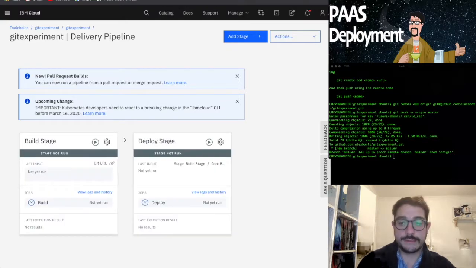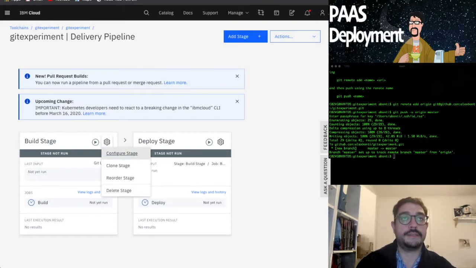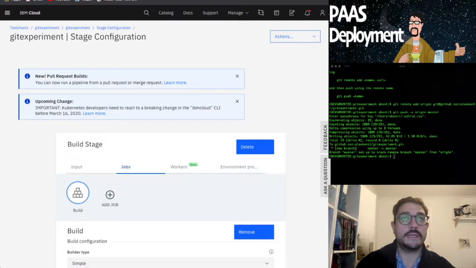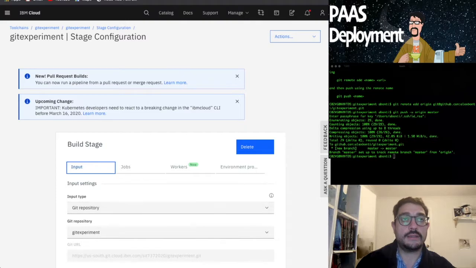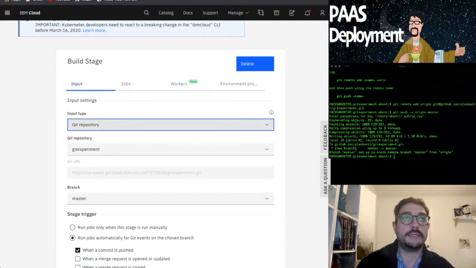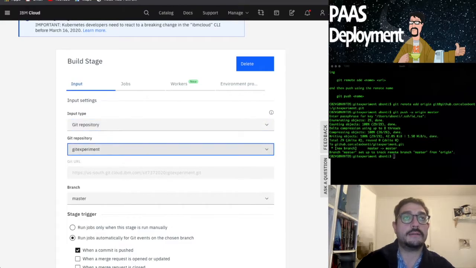So what we're interested in is the build stage, because this is what happens when a change gets called. So let's configure this stage. And what we're interested in is the input. So the input is the Git repository, yes, but